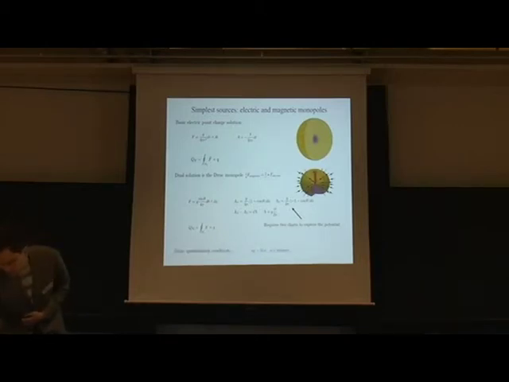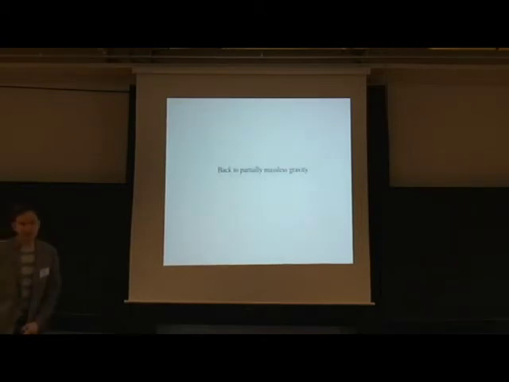Okay, so now there's a Dirac quantization condition, which comes from quantum mechanical considerations, that tells you that the product of the electric and magnetic charges has to be 2 pi times an integer. Okay, so I want to replay this story for the partially massless graviton,